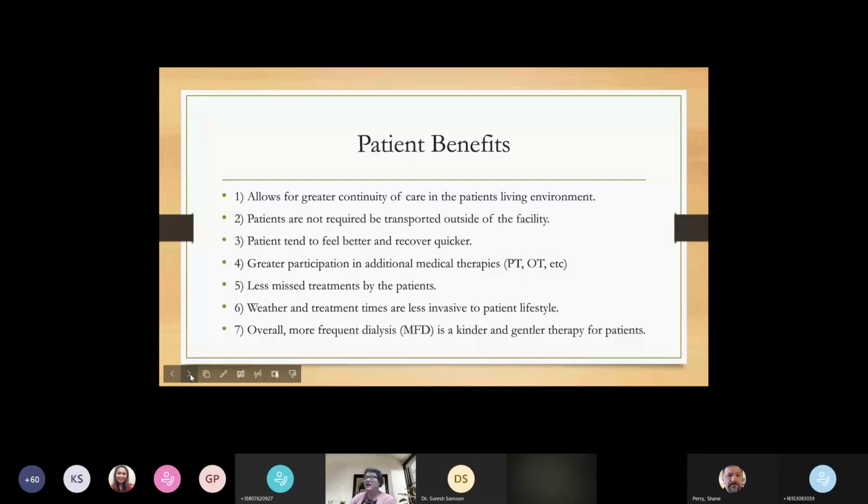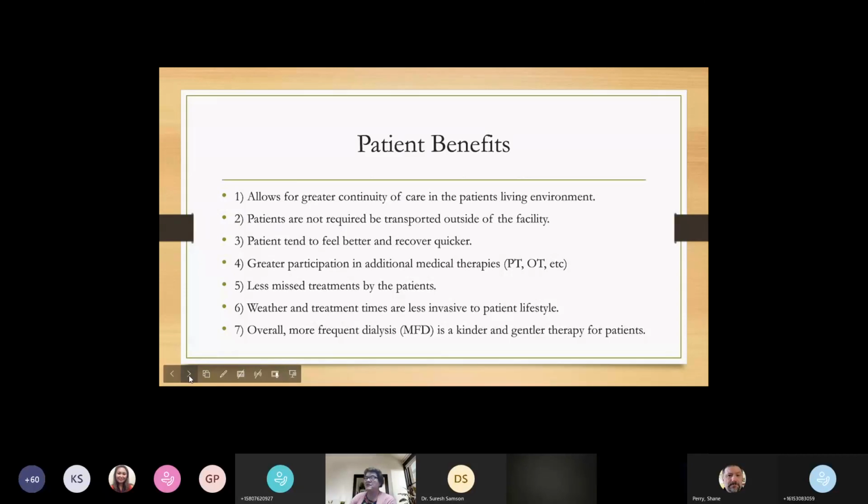So let's talk about the patient. The most important aspect of this is the patient, and this type of collaboration allows for a greater continuity of care in the patient's existing living environment. This allows the people that provide the care on a 24-hour basis to have a very good exchange of information directly before and after a dialysis treatment on the patient, and that type of clinical collaboration is very beneficial